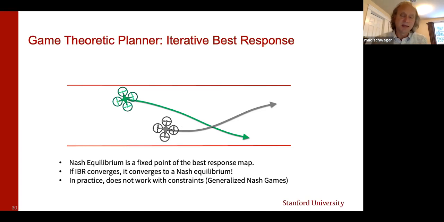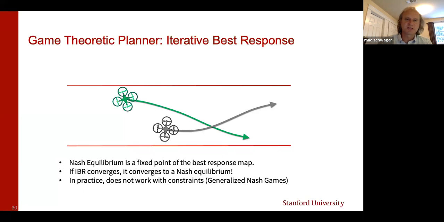Why doesn't it work? Suppose that our only coupling action is through the constraints, and that's the case in a race, right? The only reason I care about the other cars or the other drones on the racetrack is because I don't want to hit them. If I could magically fly through them, I would pretend they aren't there. So the only impact they have on my objective function is through the risk of collision. And so if that's the case, how would this work? This doesn't make any sense.